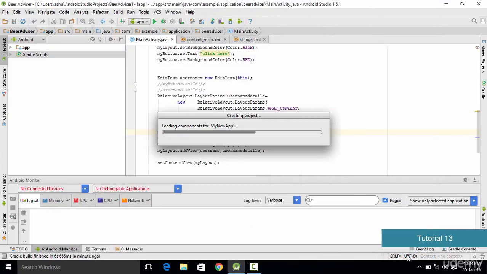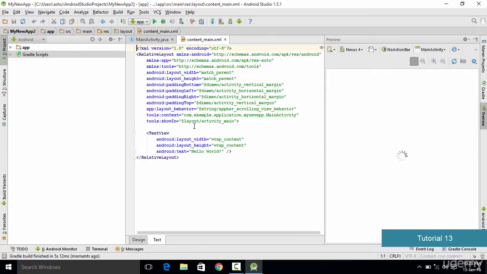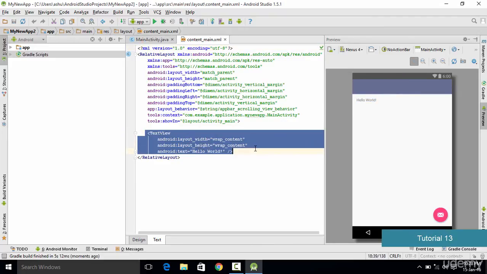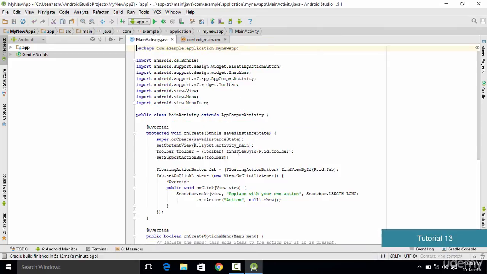Now click finish, and now once everything is set up, you just go into this XML text right over here, and what we are going to do is that we are going to delete each and every component which is present right now in our application. So basically we delete this text view right here, and once we delete it, the next thing which we do is we go on to our main activity.java file,